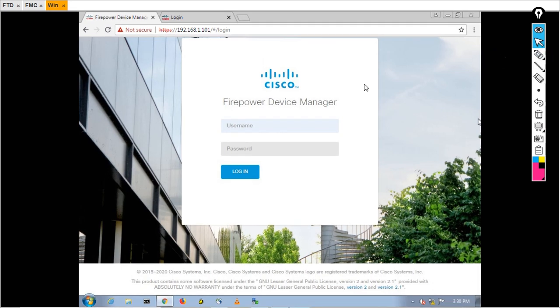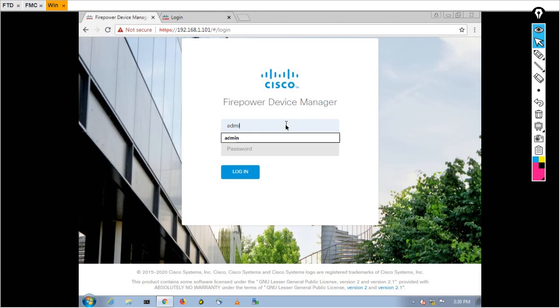So in the previous lab, we took a GUI access of our FTD and FMC. So again, try to log in to FTD. The admin and the password is FTD123. In the previous lab, I had some issue, so I restarted my device.